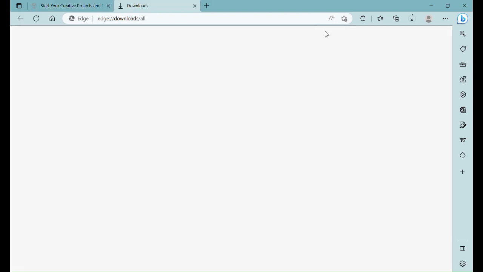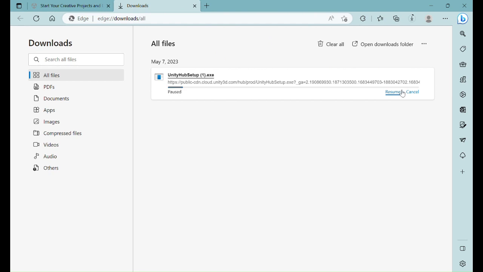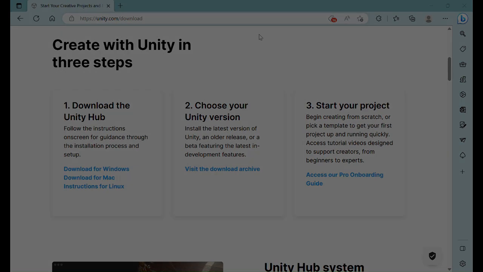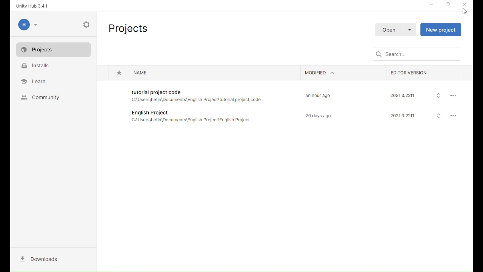So I'm just going to click here. And I'm actually going to cancel that because I already have Unity, so I don't need that. Then you should see a setup wizard, which you just fill in, and after that a Unity Hub should download. So now we go into Unity Hub, and in there,